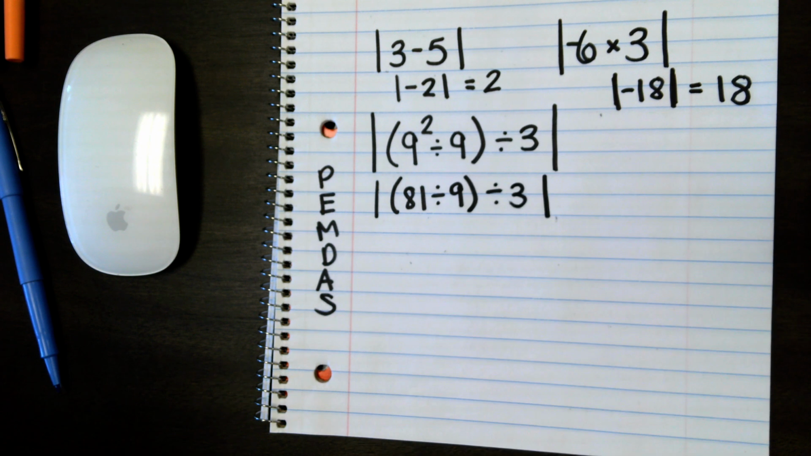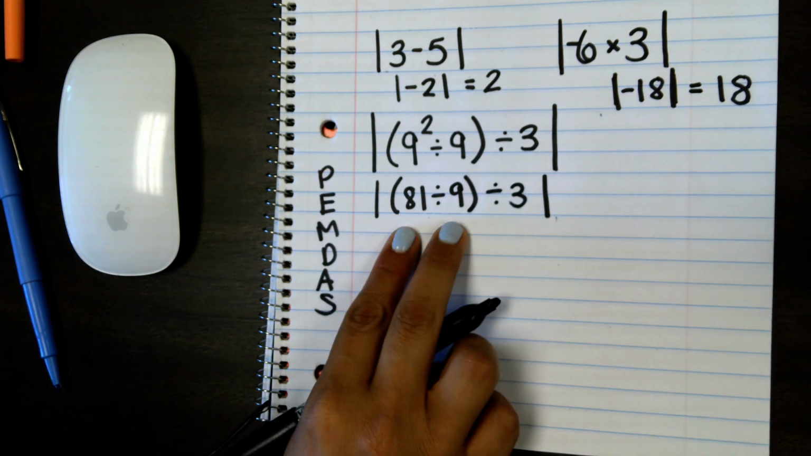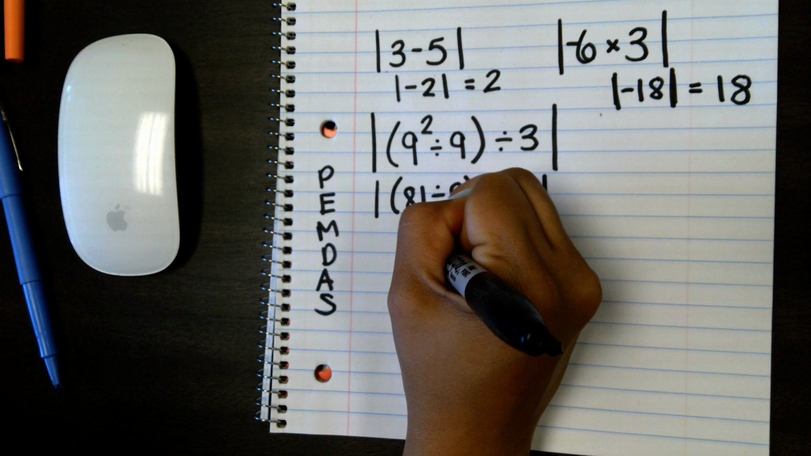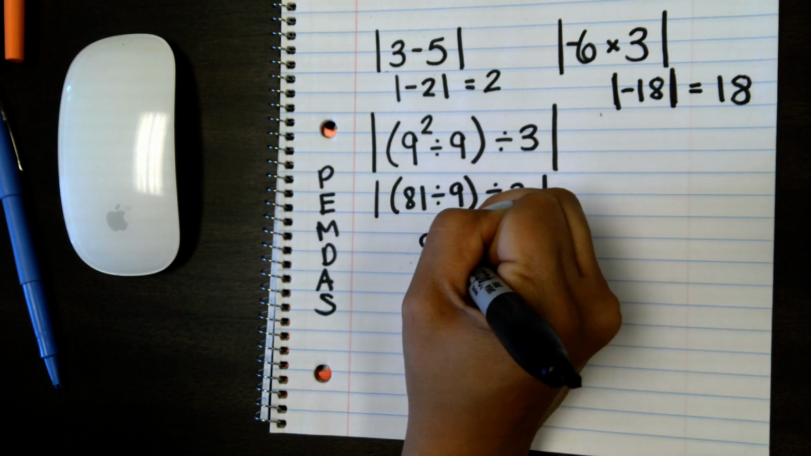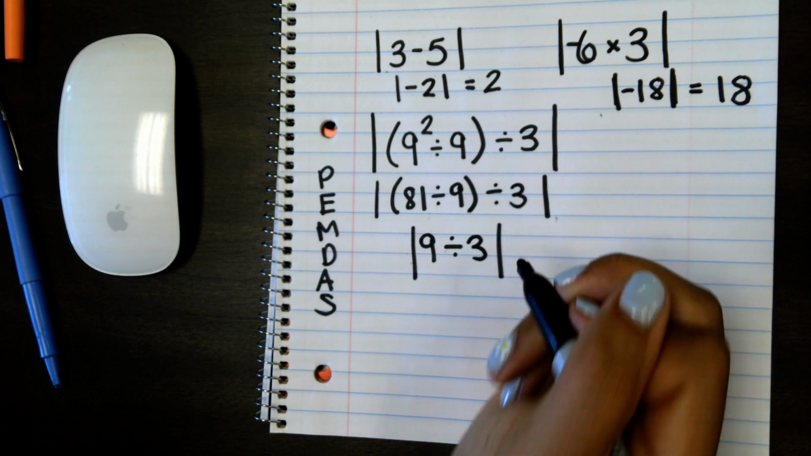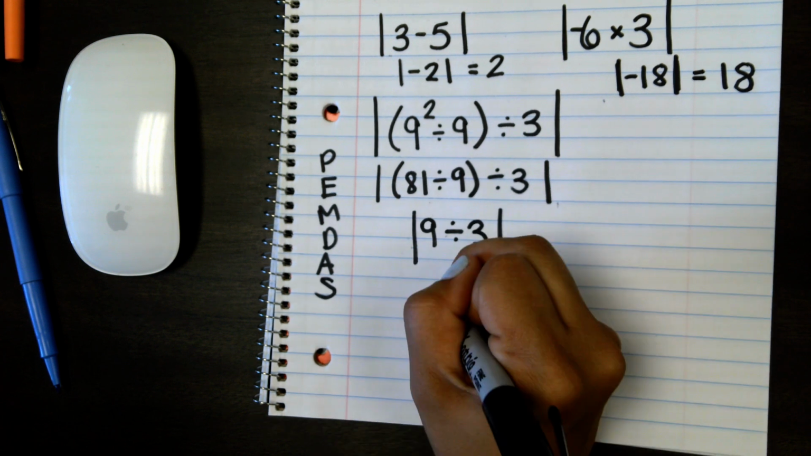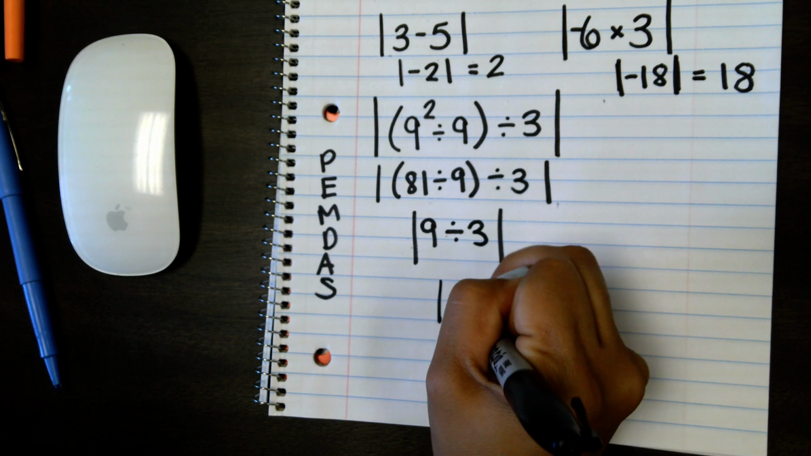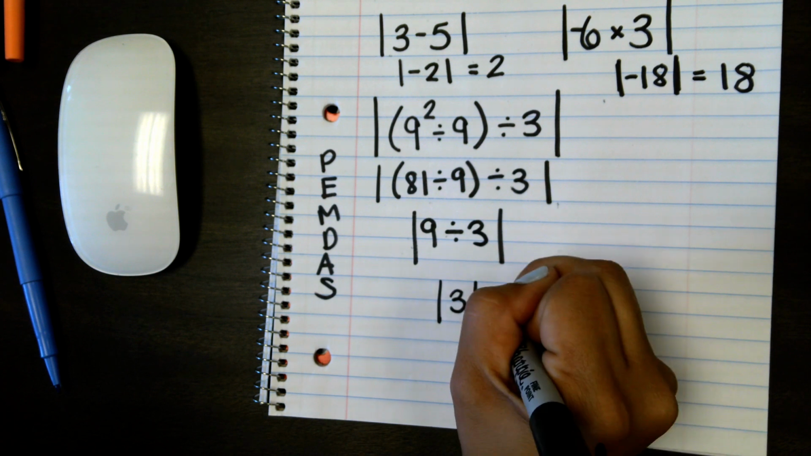Okay. And then we're going to do what's inside the parentheses. 81 divided by 9 is 9. And we're left with 9 divided by 3, the absolute value of 9 divided by 3, which is the absolute value of 3. 3 is 3 away from 0, so this would be